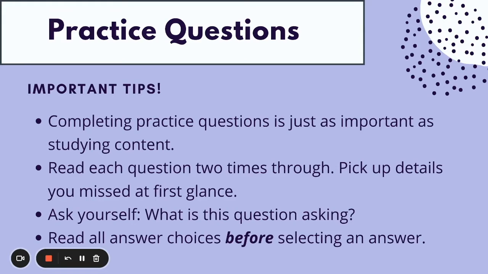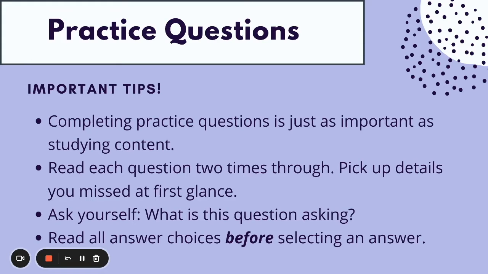Lastly, read all answer choices before selecting an answer. This is also a good tip if you're someone that tends to rush. So you don't want to automatically say, I know the answer is A, I'm going to select A and move on. Every word matters on this test, and there could be the slightest variation in answer choices. So you want to make sure that you're reading all answer choices before selecting an answer and thinking about all of the answer choices. Similarly to how you